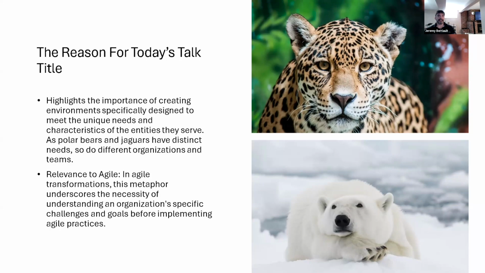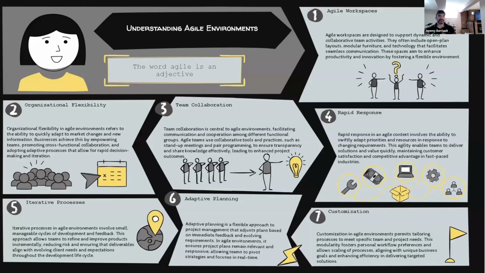Because as we know, when we look at agile environments, you don't have to read the slide. This is just for information purposes, so you can see it. When we go into an agile environment, we know there's a lot of things that have to get set up for a good agile environment to thrive, for everyone on the teams to thrive, and not only the teams, but also the executives and the leadership, and how they tie everything in so they can see how it all works out. And how self-managed, self-organizing teams get the value, understand the goals, and achieve those goals.